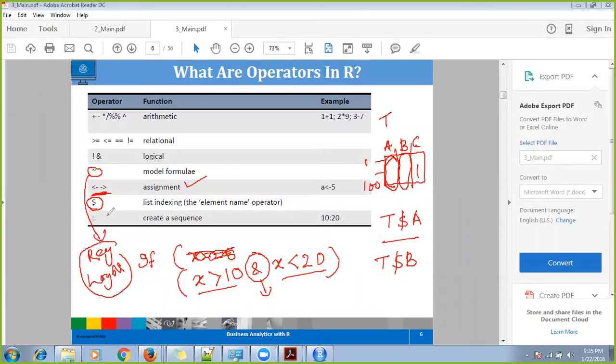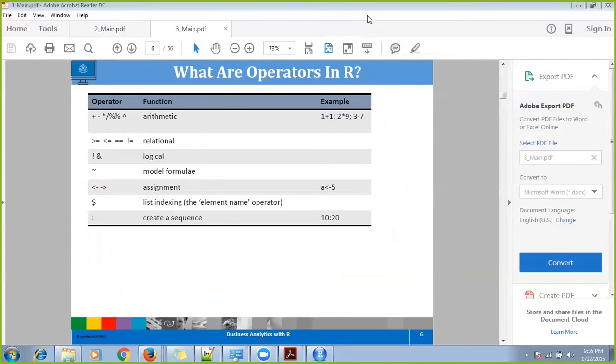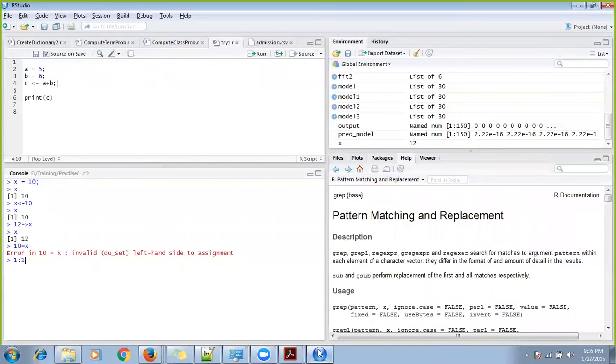And this colon is for generating a sequence. If you write 1 colon 10, it will give you values 1 2 3 4 5 6 7 8 9 and 10. So it will generate a sequence. For example, I just write 1 to 10, so it will generate a sequence for me, right?